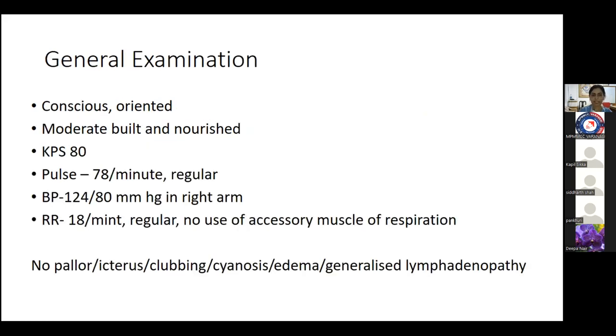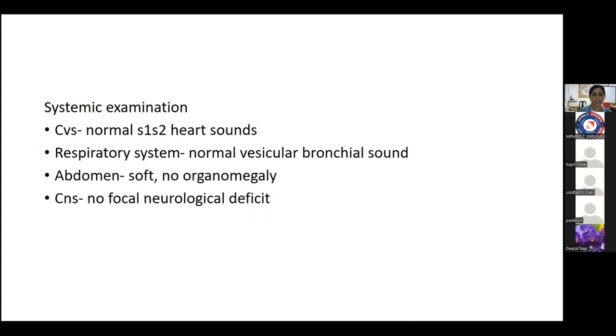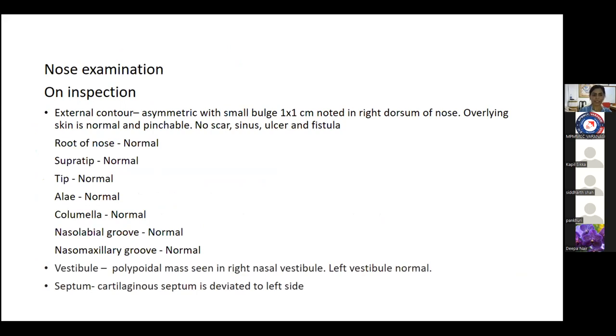Coming to general examination, the patient was conscious, oriented, moderately built and nourished, KPS 80, pulse 78 per minute regular, blood pressure 124 by 80 mmHg in right arm, respiratory rate 18 per minute regular, no use of accessory muscles of respiration, no pallor, icterus, clubbing, cyanosis, or generalized lymphadenopathy. Systemic examinations are normal. Coming to local examination, on inspection, the external contour is symmetric with a small bulge,